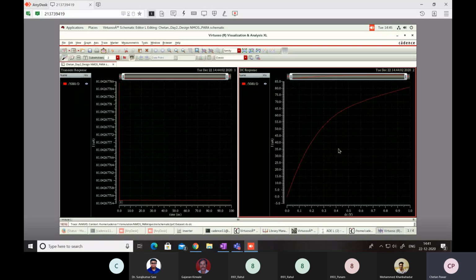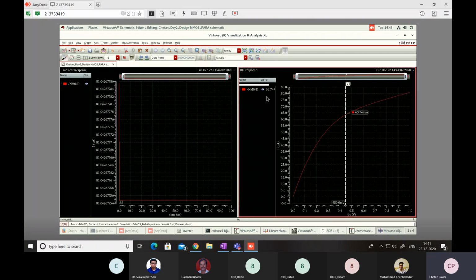Here you can observe drain current for a particular VGS. VGS is how much we kept? VGS 1 volt we have kept. So if I select V here, now you can observe that